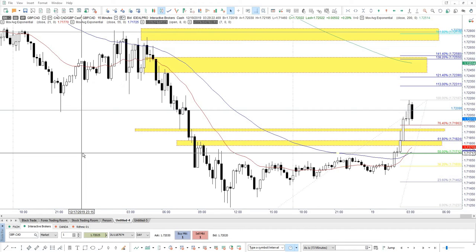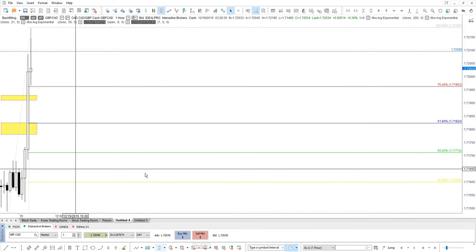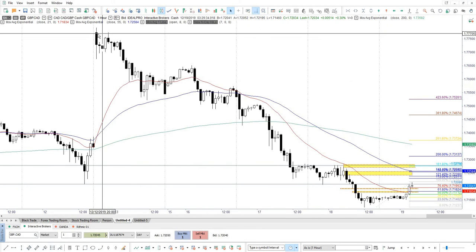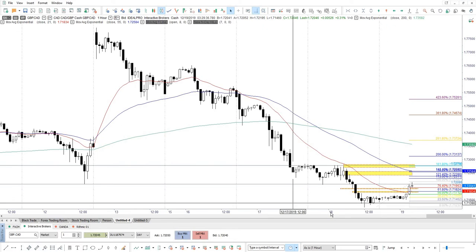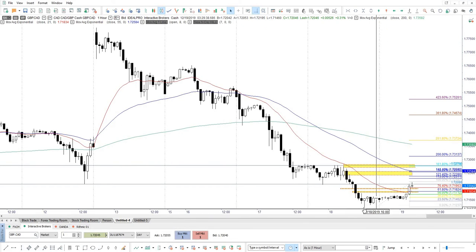Hello traders, a quick update here on the pound CAD currency pair. Remember, pound CAD has been going down since 12th December. As you can see here on the 1 hour chart, let me try to show you that quickly. The prices have been going down, and since yesterday it has made kind of a